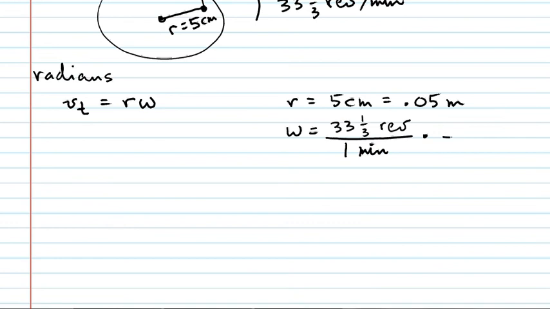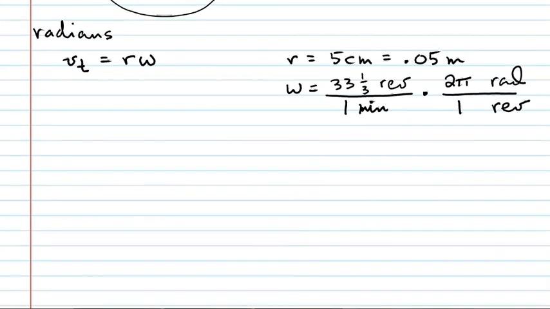So the revolutions into the radians, and 1 revolution is 2 pi radians. With cross cancellation, the revolutions will cancel. And this gives us an omega of about 209.4